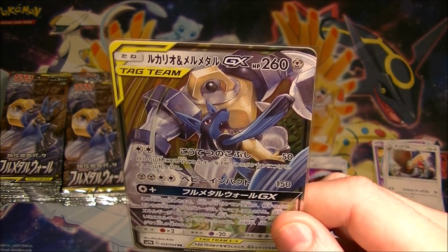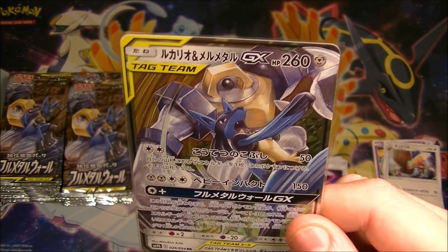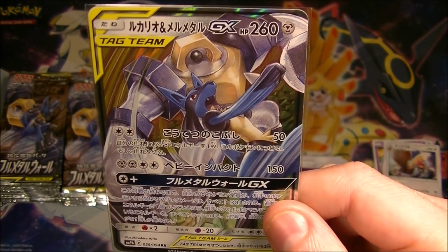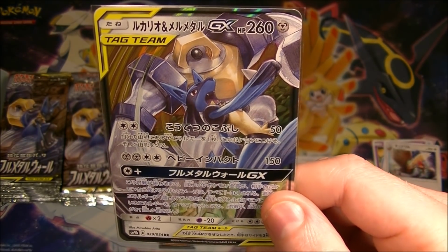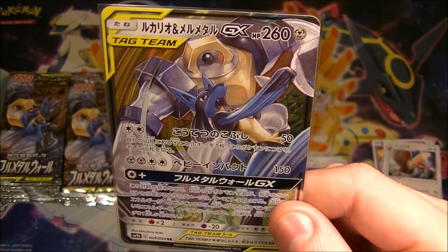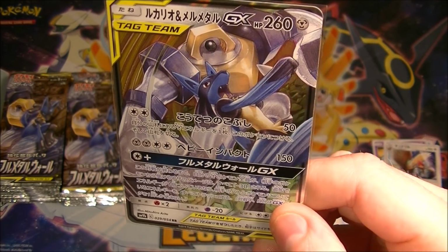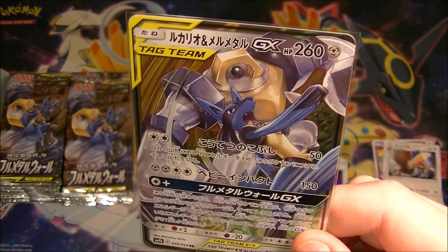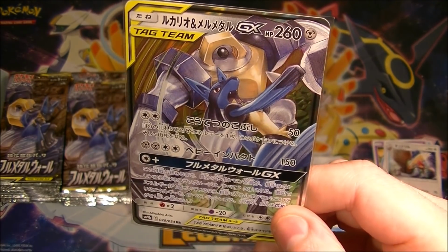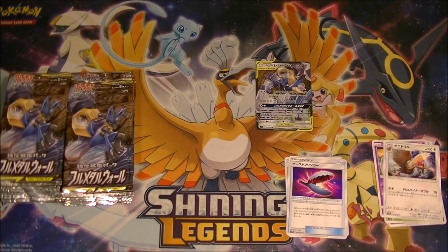You can put an energy from your deck onto this Pokemon, right? Then it's got Heavy Impact for 4 energy, 2 metal and 2 colorless, which does 150. And then it's got this Full Metal Wall attack, and it's 1 colorless plus... So if you have how many extra energy? 1 extra energy. Your metal Pokemon only, I believe, take 30 less damage from attacks for the rest of the game. That's pretty crazy,